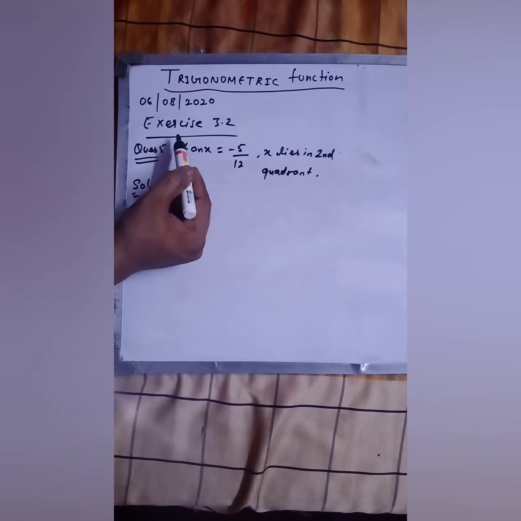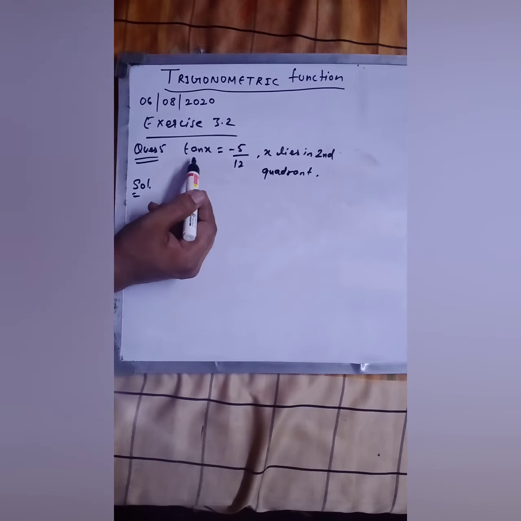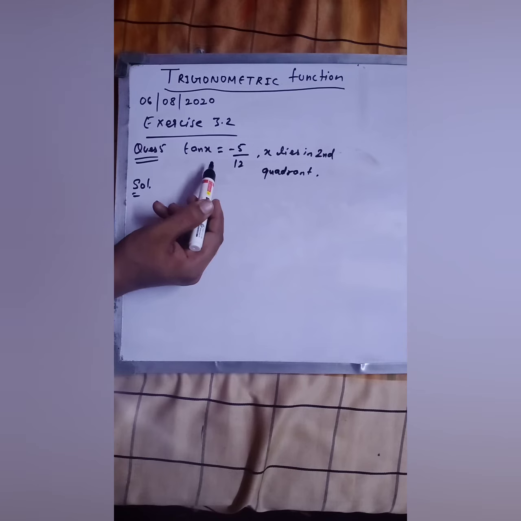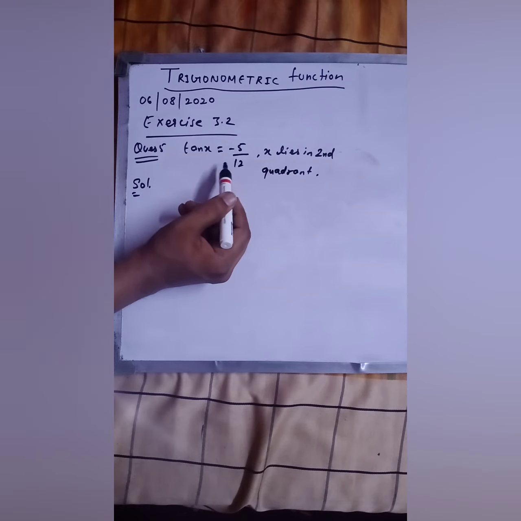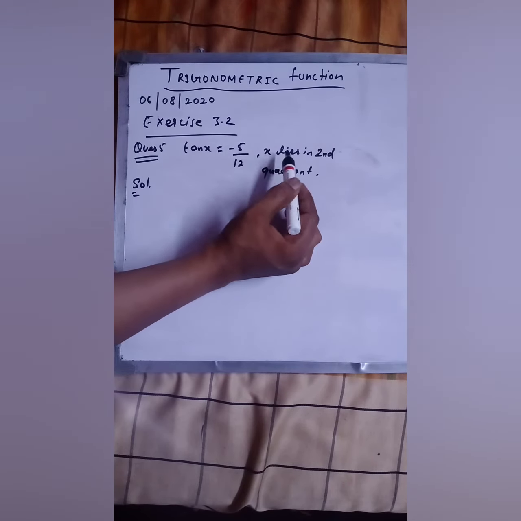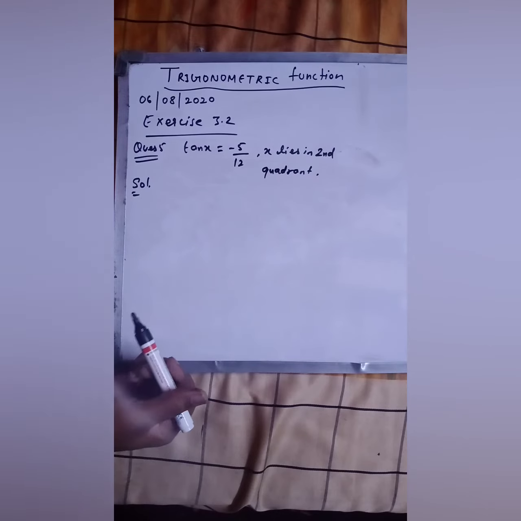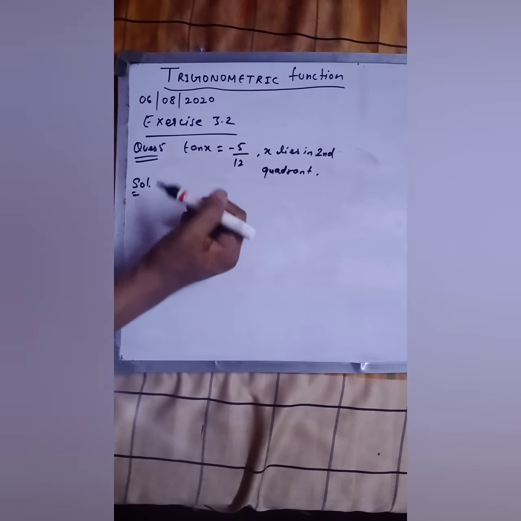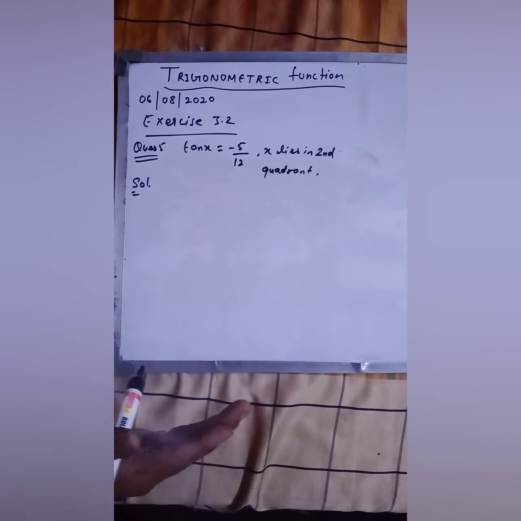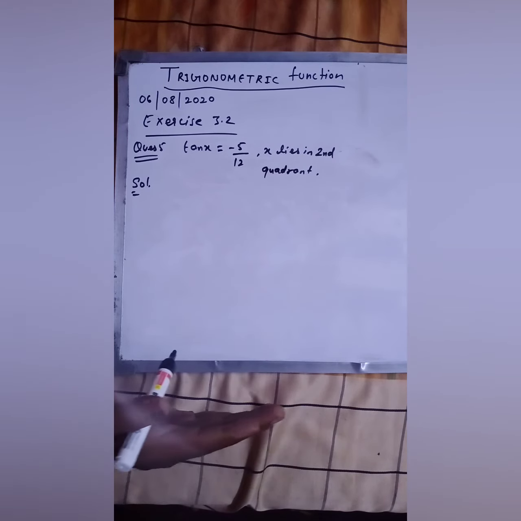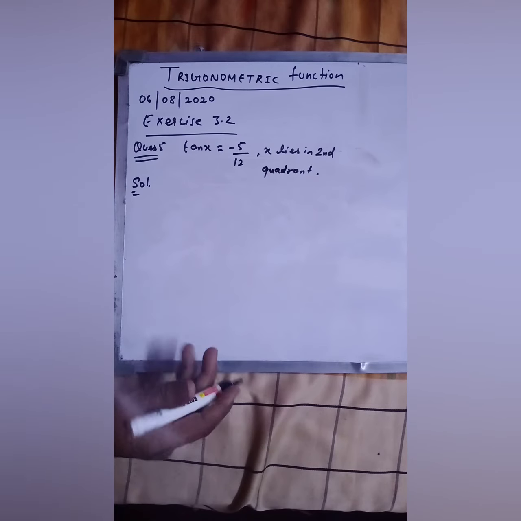Now see, this is your question number 5 I am solving. If you will understand this, you are able to solve question number 1, 2, 3, 4. Fine. So please concentrate here. Here the question is given to us. Here tan x is given. Tan x is equal to -5 by 12, and it is given that x lies in second quadrant, and we have to find out the rest of the 5 trigonometric functions. That means we have to calculate the value of sin x, cos x, cot x, sec x and cosec x.